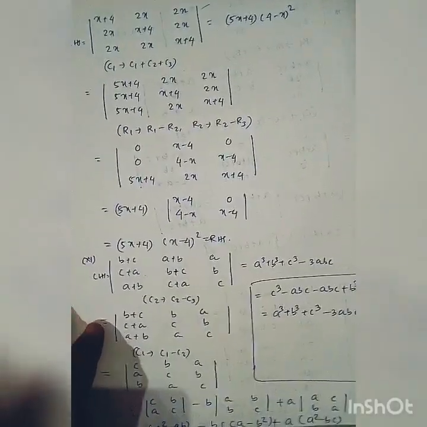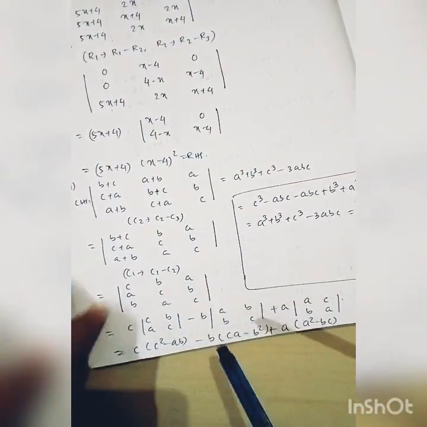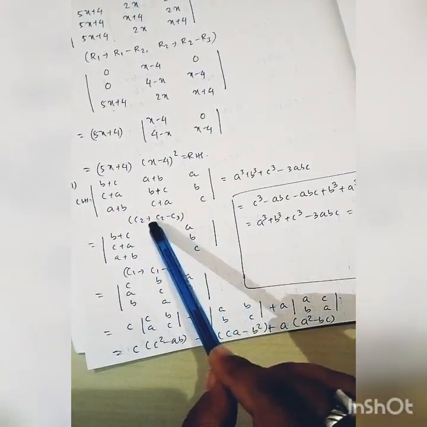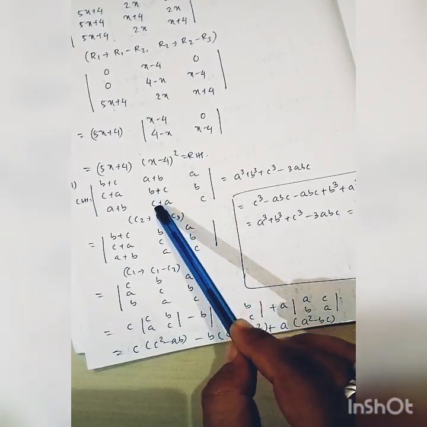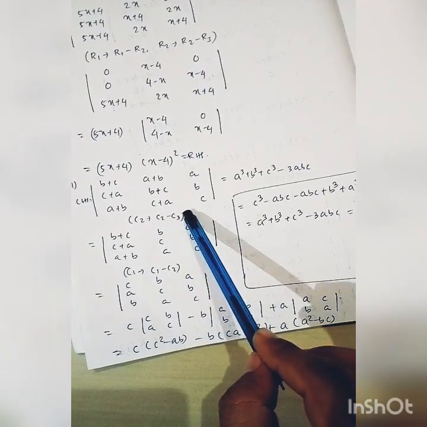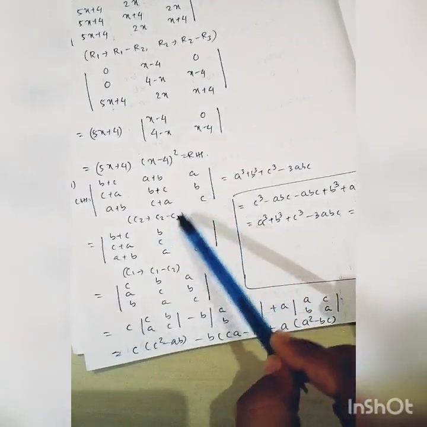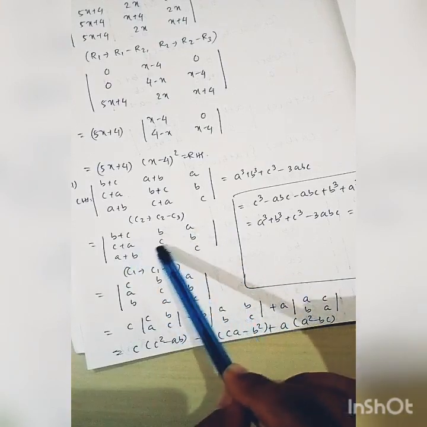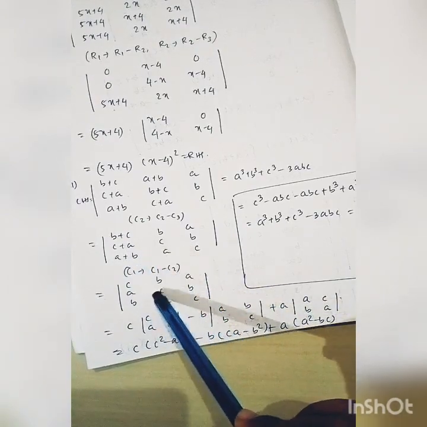Another question, prove that determinant of this equal to this. We start from LHS. Here if you observe the question, it is abc, and in column 2 it is abc also. So apply the property column 2 minus column 3, that is bc, a plus b minus ab, b plus c minus bc, c plus a minus c, that is a. Again if you observe this, it is bca, cab, again it is bca. Apply property column 1 minus column 2, you get cab.